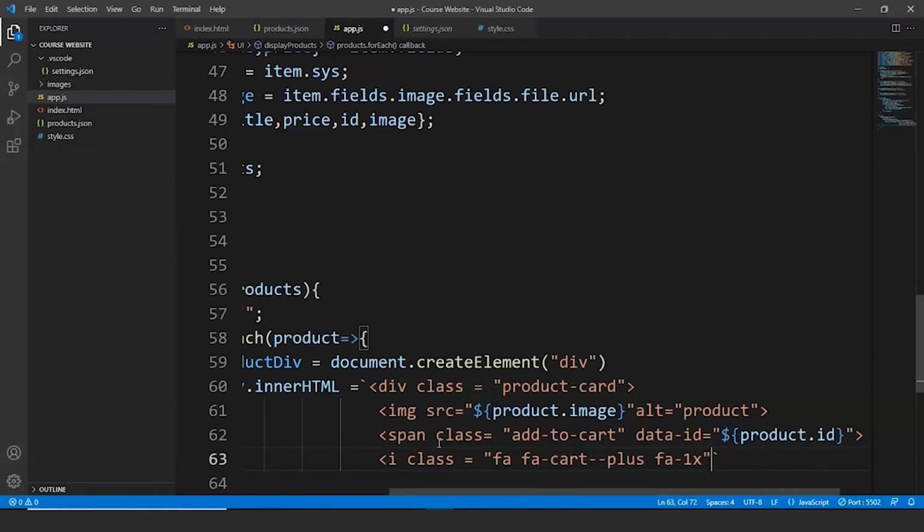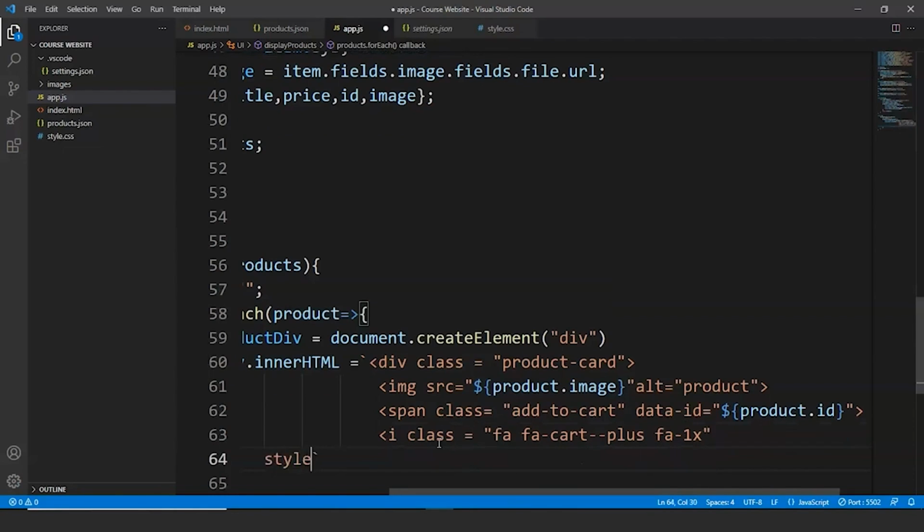So here we'll write style is equal to margin-right. Margin right is going to be 0.1 em, and font size is going to be 1 em. Fine. Close the I tag as well,